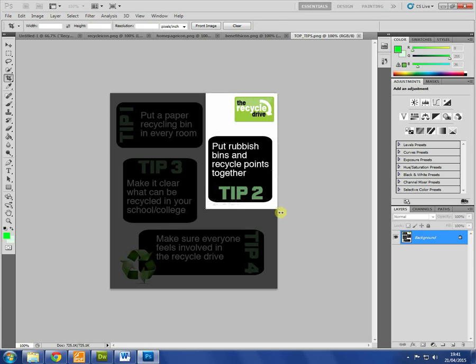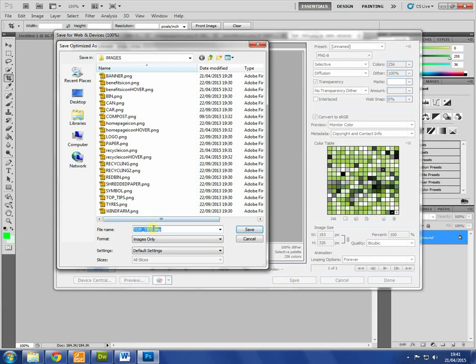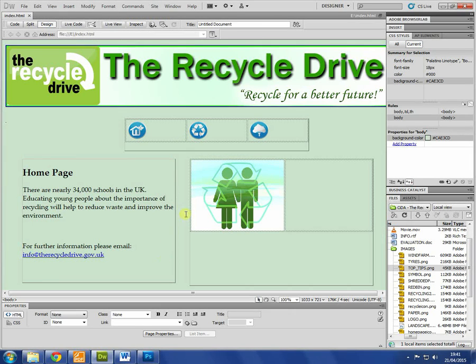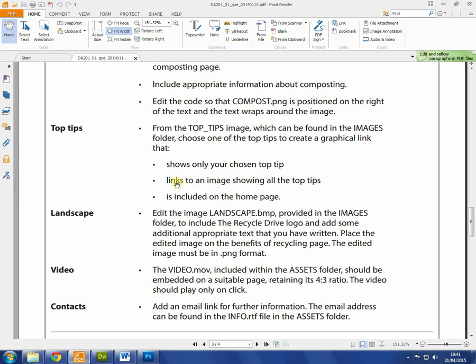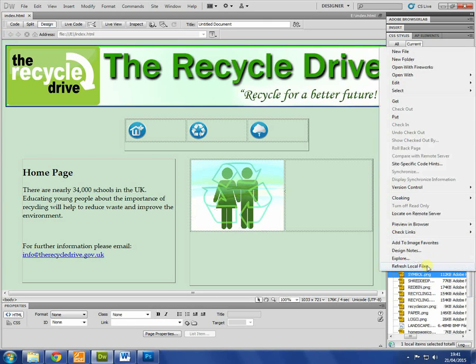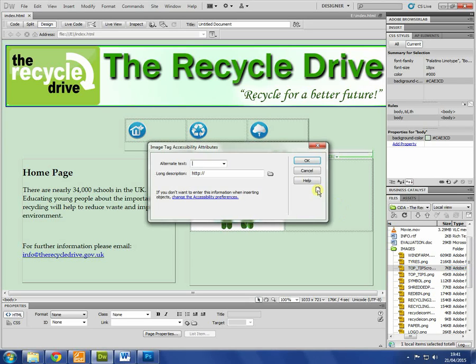So I'm just going to get the crop one, I'm going to get this one, and I'm going to say save, and I'm going to call this top tip cropped. Do not overwrite the original top tips image, because this will hinder you in the rest of the exam. What it's asking you to do is create a graphical link that links to an image showing all the top tips. So I'm going to refresh my files, I'm going to put in the cropped top tips, drag it in here, so I'm going to say click to view more top tips,